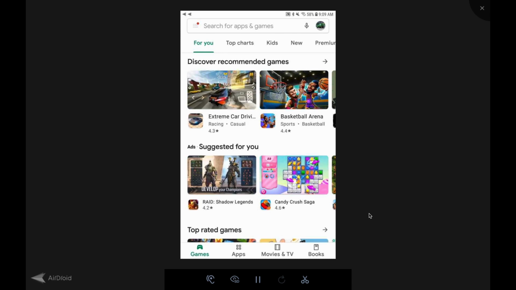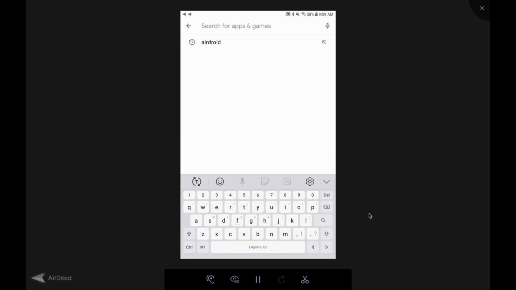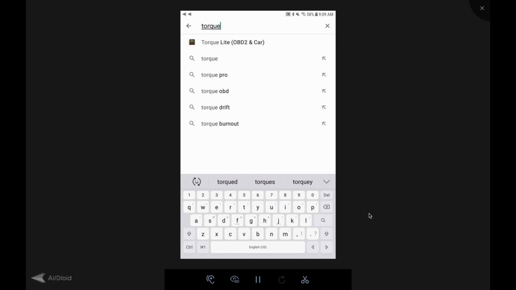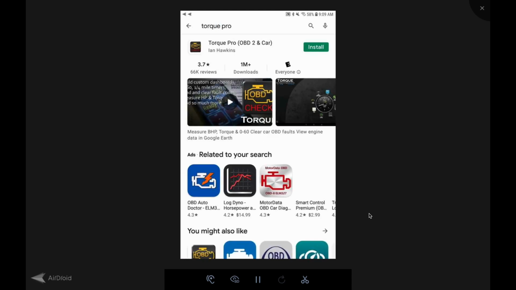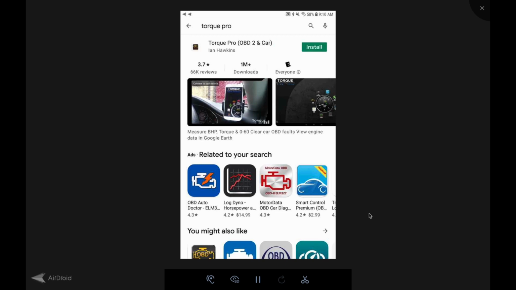and then on the Play Store, you'd like to search for Torque, and we're going for Torque Pro. The Torque Lite does not work. I tried that, but it didn't work, so you gotta go for the Torque Pro and install that. And then we open it,